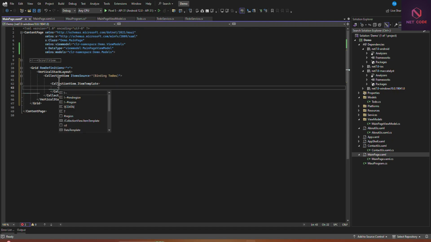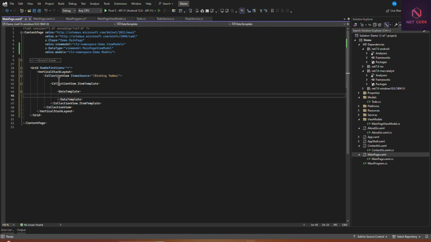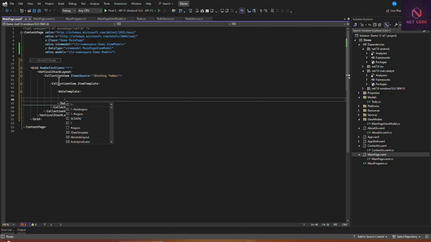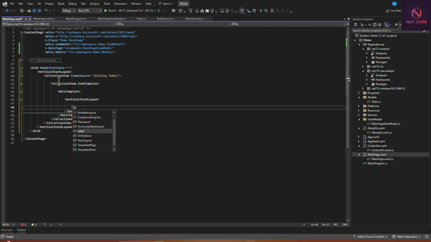Within that, we can now go for DataTemplate, and within this DataTemplate, maybe you can use a VerticalStackLayout. In this, let's use the first label.